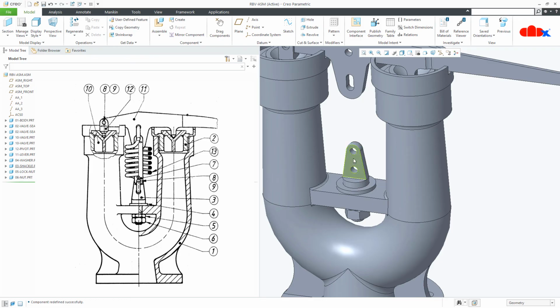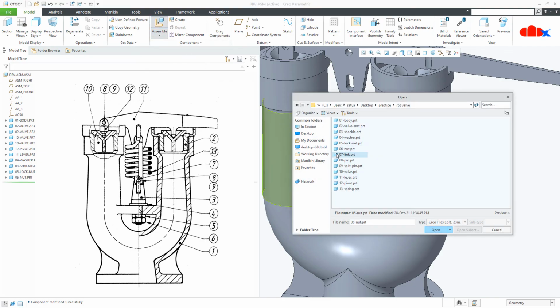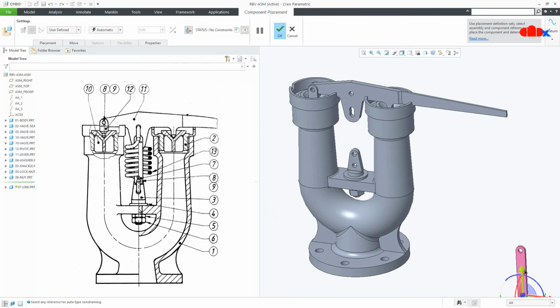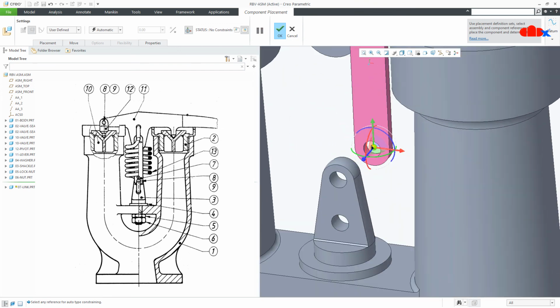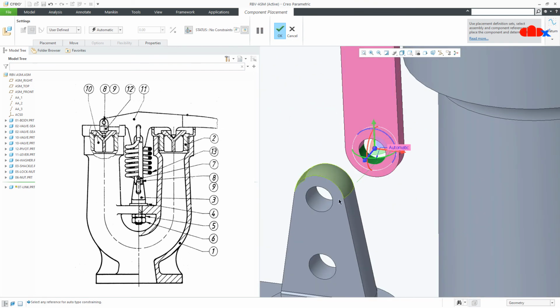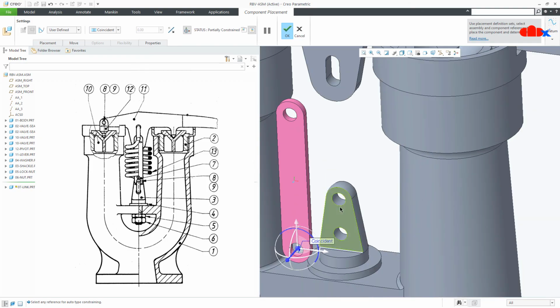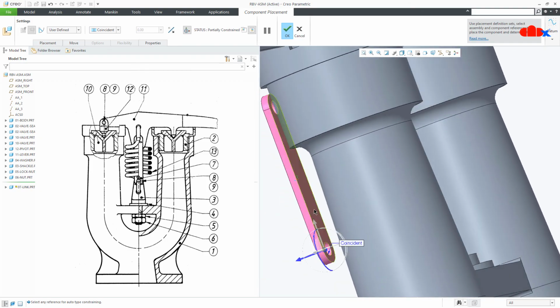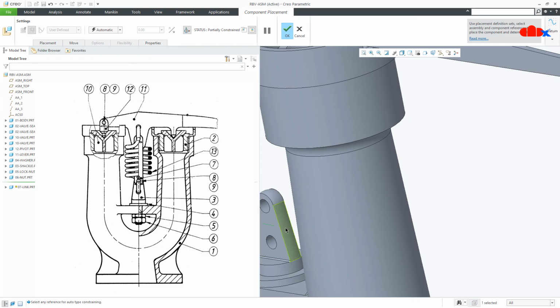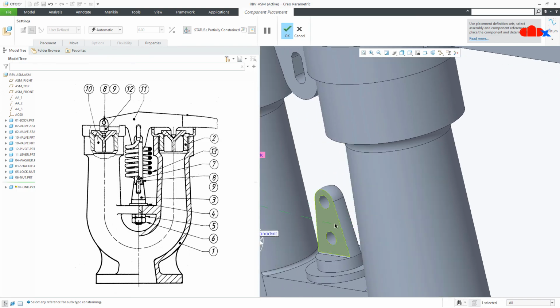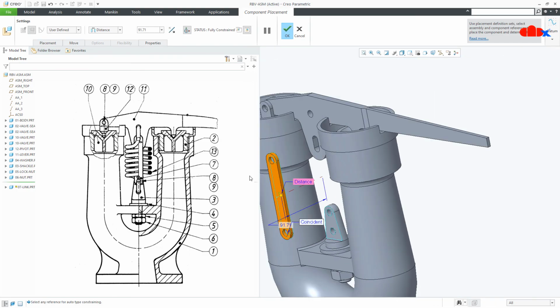Now there is a link between this part and this part. So go to assemble, part number 7, link. So first you select this face to this face, and then you select this face to this face, make it coincident.